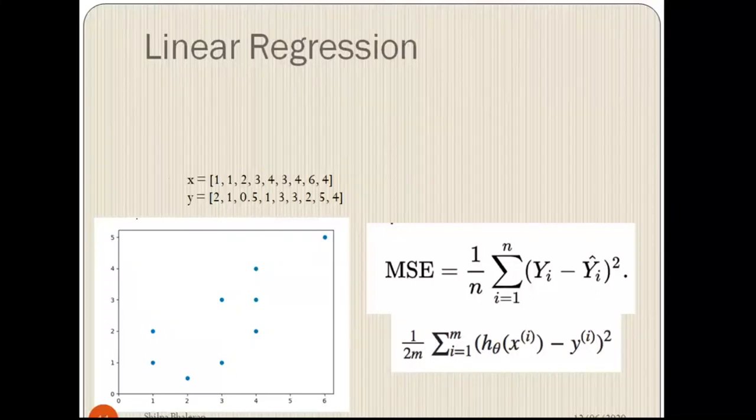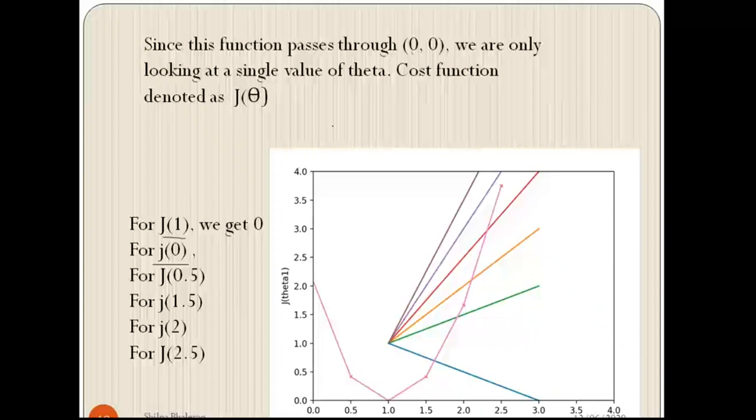Let us take a very trivial example. We have these x values and these corresponding y values, and based on that we have defined the graph. There are two parameters, theta 0 and theta 1, and we need to work on both. But for simplicity of understanding, we fix one parameter to 0 and compute the other, theta 1. That means theta 0 is 0, the intercept is 0, and we are calculating only the slope.